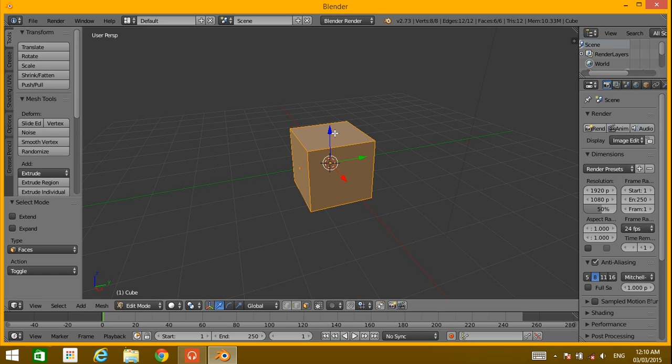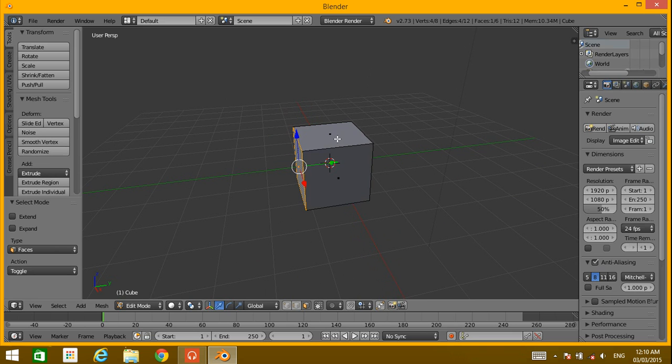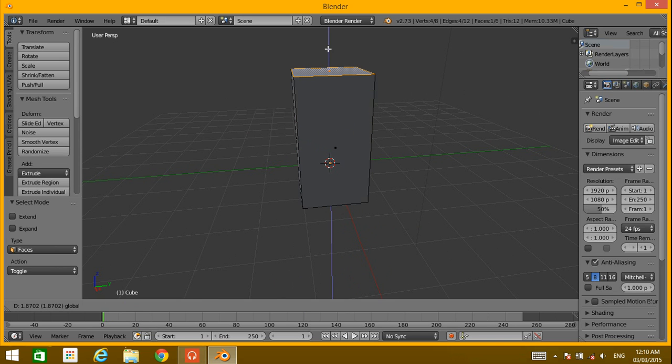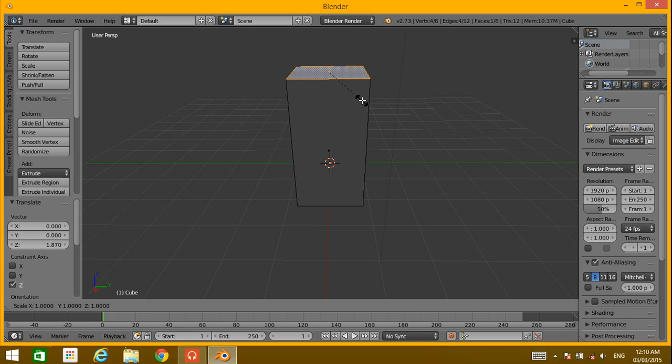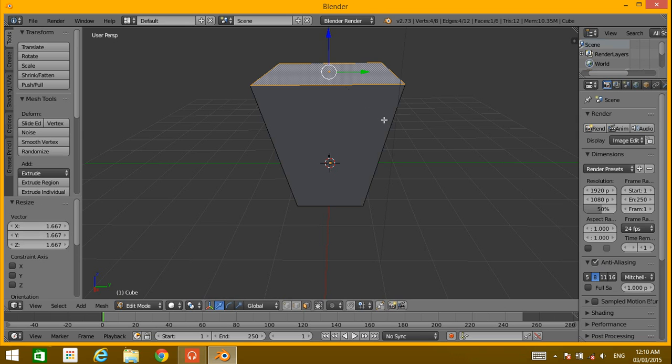Alright, and now right click on faces to select. So I'm gonna select that face and just grab it up a little bit, and to stretch it press S and scale it up.